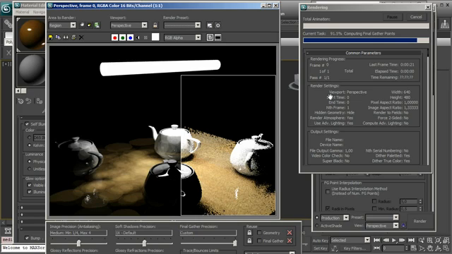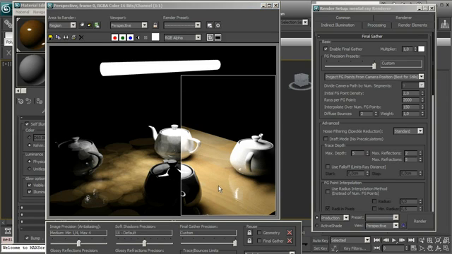We can try also to find a better compromise, so maybe we can go lower with the final gather resolution to find a good way to have fine lighting, and you see that we have a really precise lighting, so it can be a really good compromise. Actually, we can go maybe a little bit back. You see that to have more precise shadows there and there, we need, for example, to have a higher value for the rays per final gather point, but it will be too slow. So let's try to have